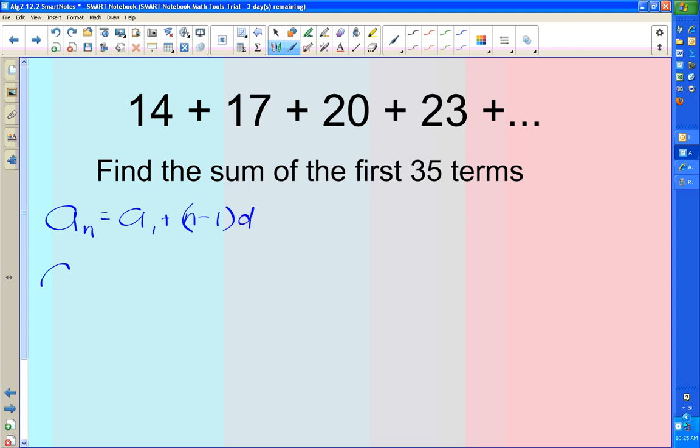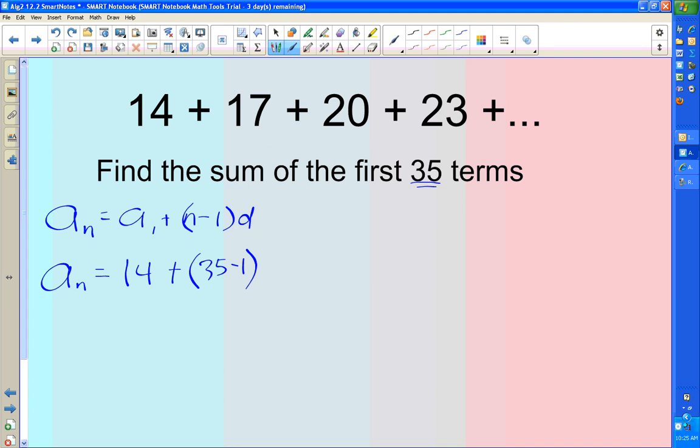A sub n, that's the term we're looking for, 14 plus n minus 1. What did you put in for n? What term are we trying to find? So what should I put in for n? 35 minus 1